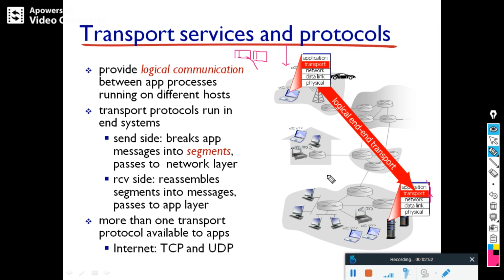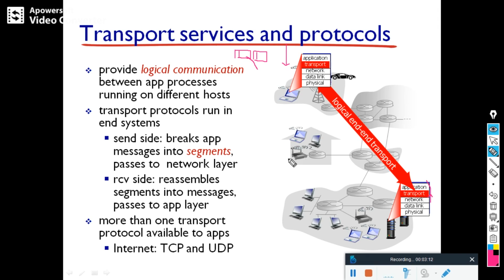In the transport layer we have two protocols, TCP and UDP. One is connection oriented, the other is a connectionless protocol. Connection oriented is slower than connectionless. TCP is connection oriented; it will establish a three-way handshake before sending data.